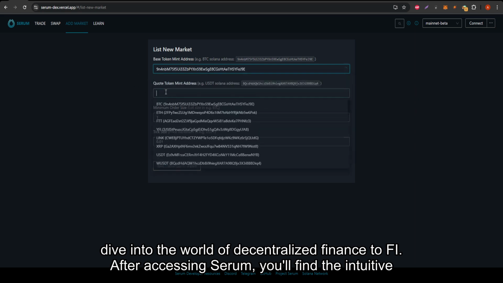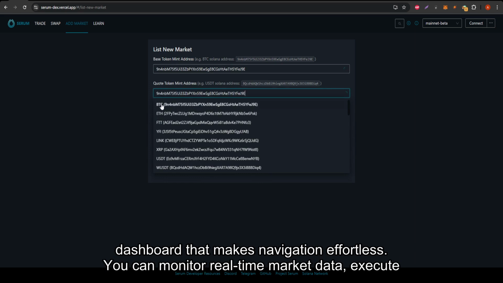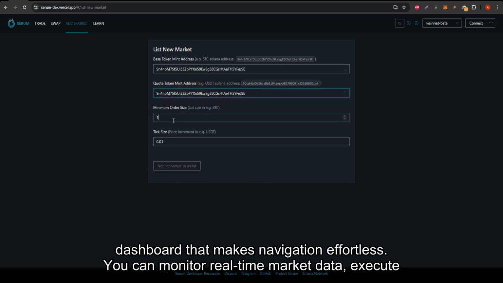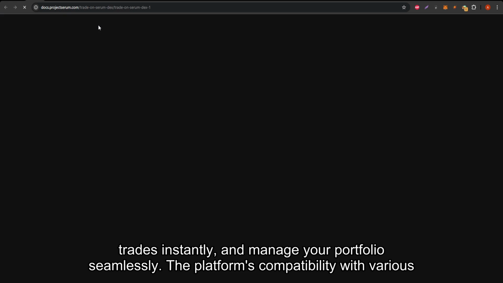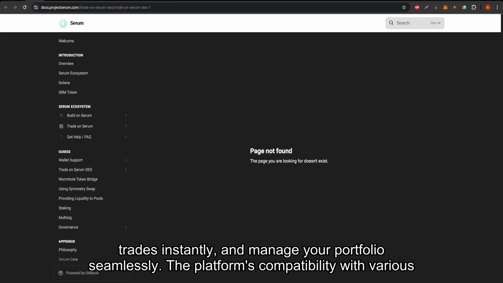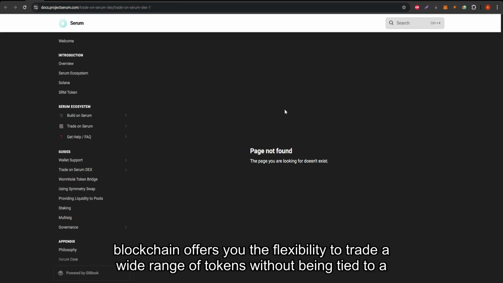After accessing Serum, you'll find the intuitive dashboard that makes navigation effortless. You can monitor real-time market data, execute trades instantly, and manage your portfolio seamlessly. The platform's compatibility with various blockchains offers you the flexibility to trade a wide range of tokens without being tied